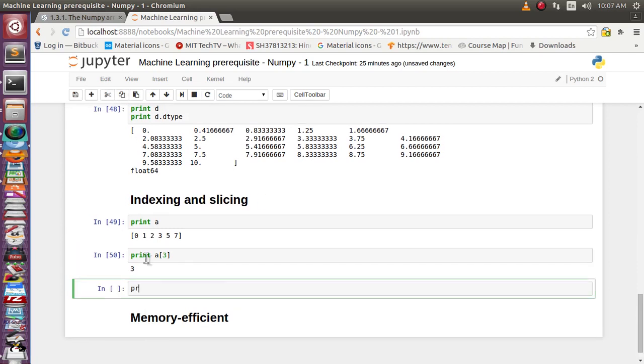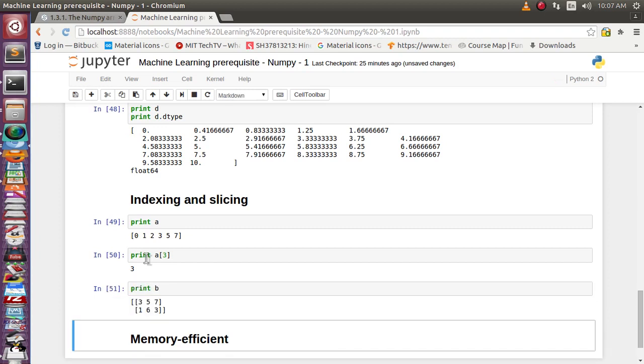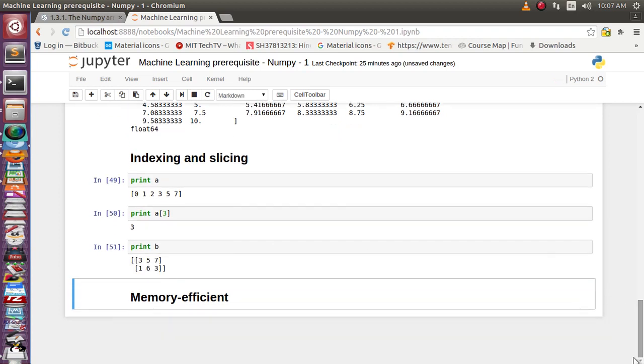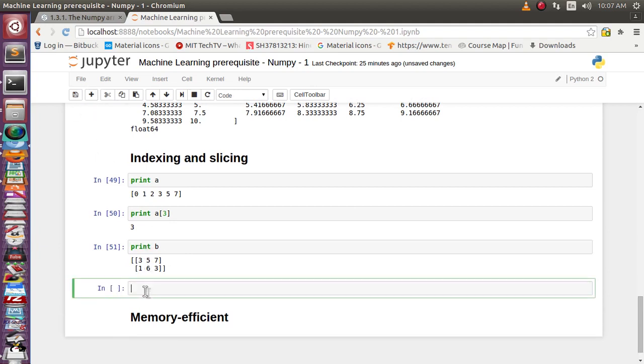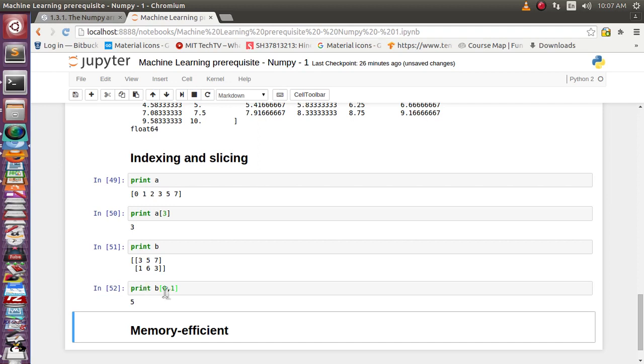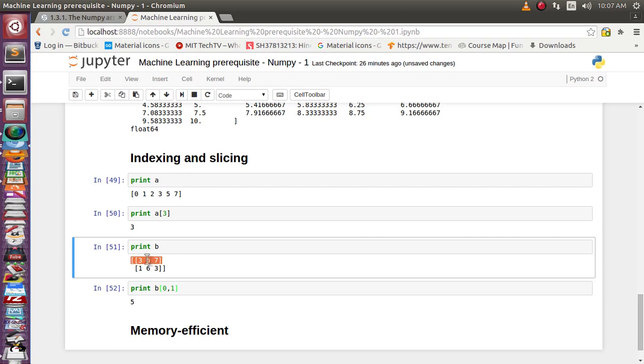So print B. Okay, now suppose we want to extract the first row and the second column. How can we do it in NumPy? The first row will be the 0th index and the second column will be the first index. So this is the 5. So the first row and second column will be a 5.